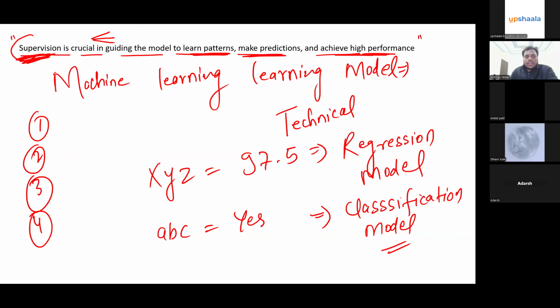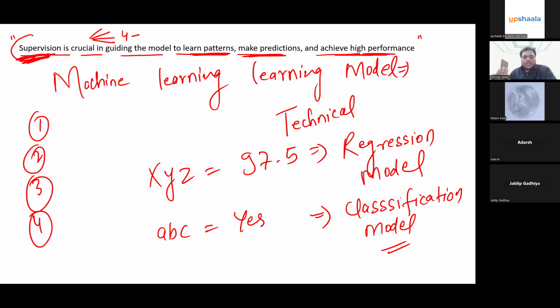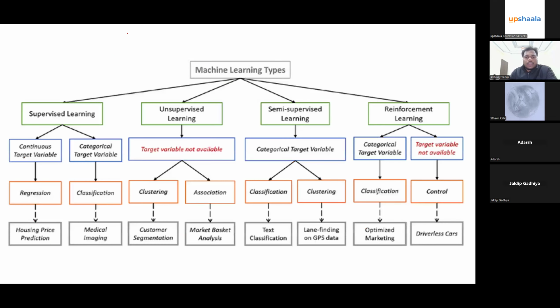That's why there are four categories of different machine learning models that make up the supervision categories. Okay, we will see. Basically, supervision is a kind of observation, or you can say the crucial steps that guide the particular model to learn some pattern that will make good predictions and give good accuracy. That's it. So this is the supervision. After that, we will see there are four types of supervision.